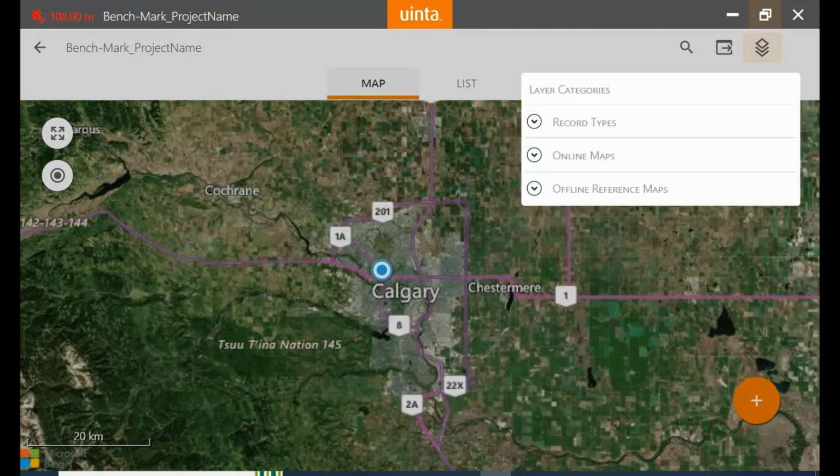And you can see by default I get my record type where I can turn on and off my various records inside the project to make it easier or harder to see certain layers if I only want to be working with one layer. But what I'm going to be doing for the point of this video is opening up